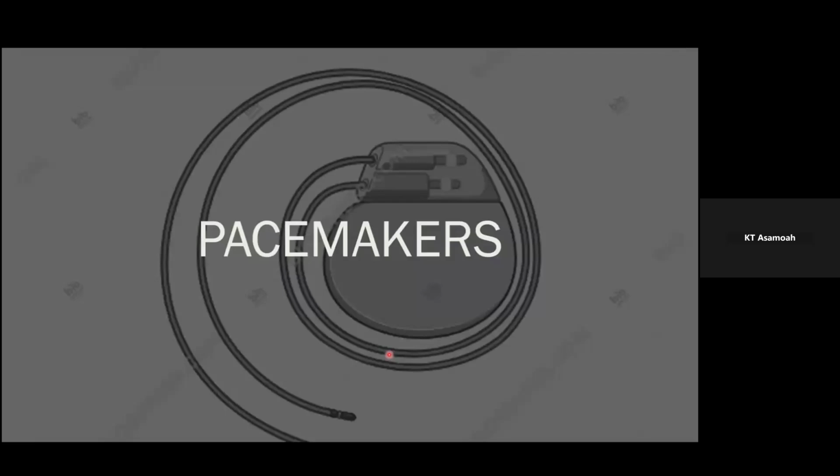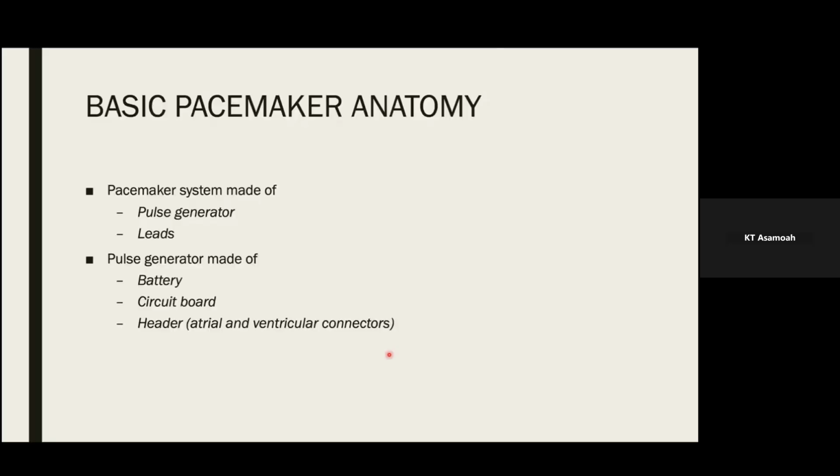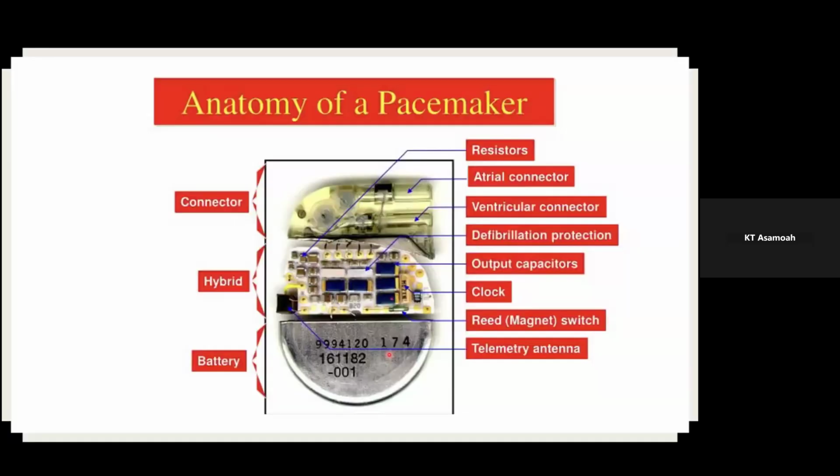So now we come to the main subject for this presentation, which is the pacemakers. Pacemakers are made of the pulse generator and the leads. The leads are just the channel through which the pulse generator communicates with the heart chambers. And the pulse generator is made of a battery, a circuit board, and a header. This shows a bit better. So down here,